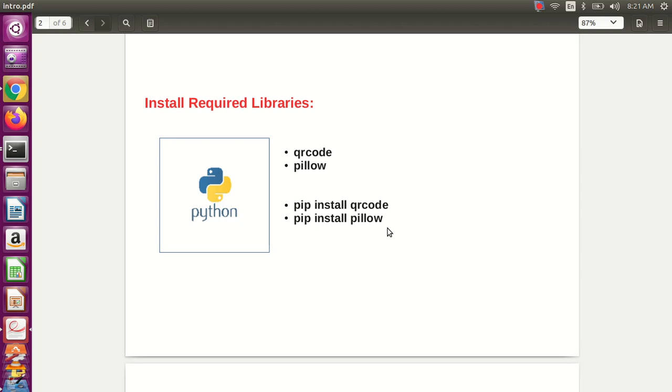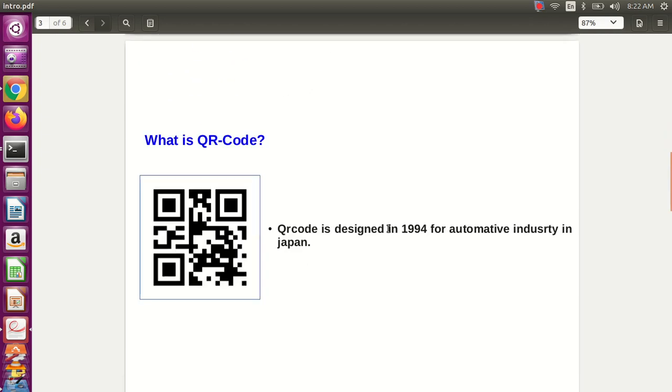Before going to create a QR code in Python, we have to know what is QR code and what is the use of QR code. First time QR code was designed in 1994 for the automotive industry in Japan. QR code is a quick response code.